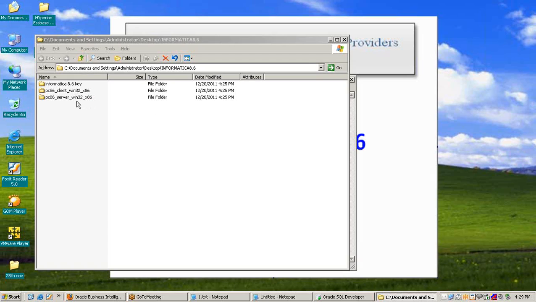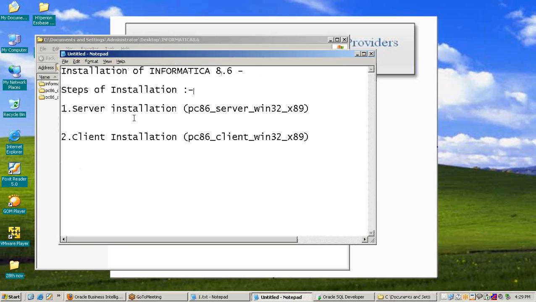So first we need to do the server installation, and after that we install the client for Informatica.